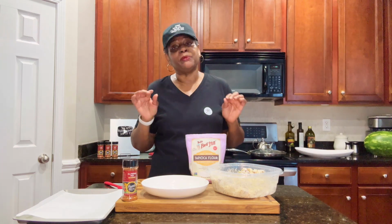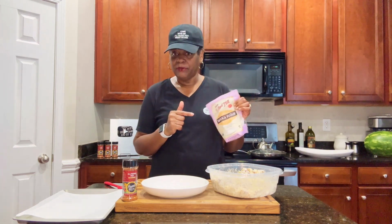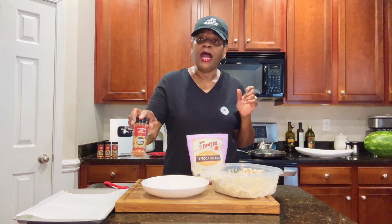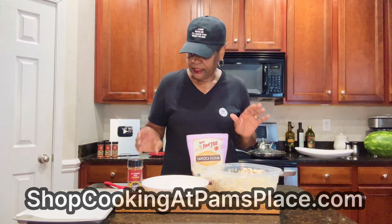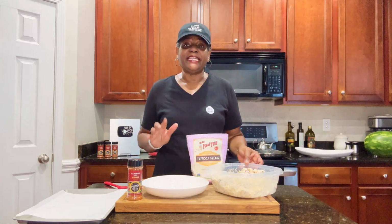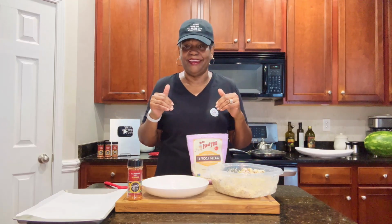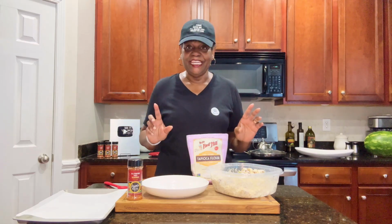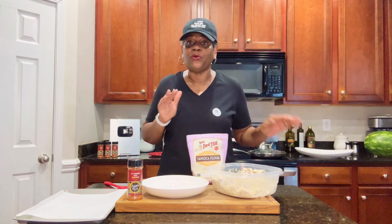You'll need either some cornstarch or some tapioca flour. I'm using tapioca flour this morning and just a tad bit of extra seasoning. So I will be using my Pam's Prep all-purpose seasoning. So after you get them all made up, you're going to need to freeze them. That is a key thing to do so that they won't just fall apart quickly in your skillet. So let's go ahead, get them made up, get them in the freezer so we can get them in the